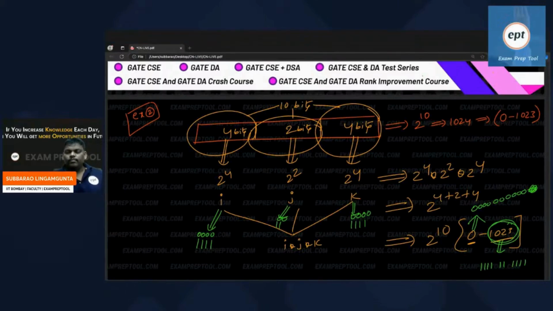Is it fine? Are you comfortable now? If you want the maximum number, take maximum everywhere. In the 4 bits maximum 4 ones, in the 2 bits maximum 2 ones, in the 4 bits maximum 4 ones. Totally 10 ones, which is 1024 ways. Everywhere take minimum, 0, 0, 0, then zeros you will get. Let me know if anyone has any small objection.